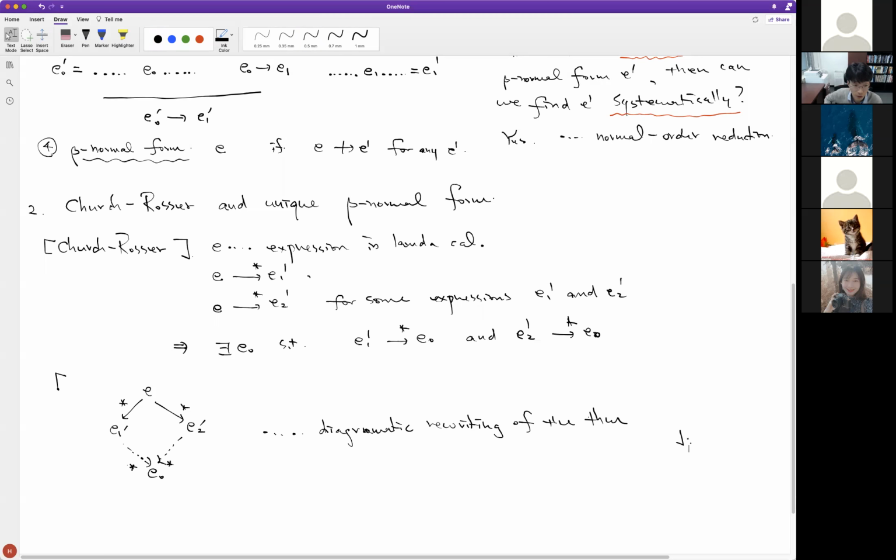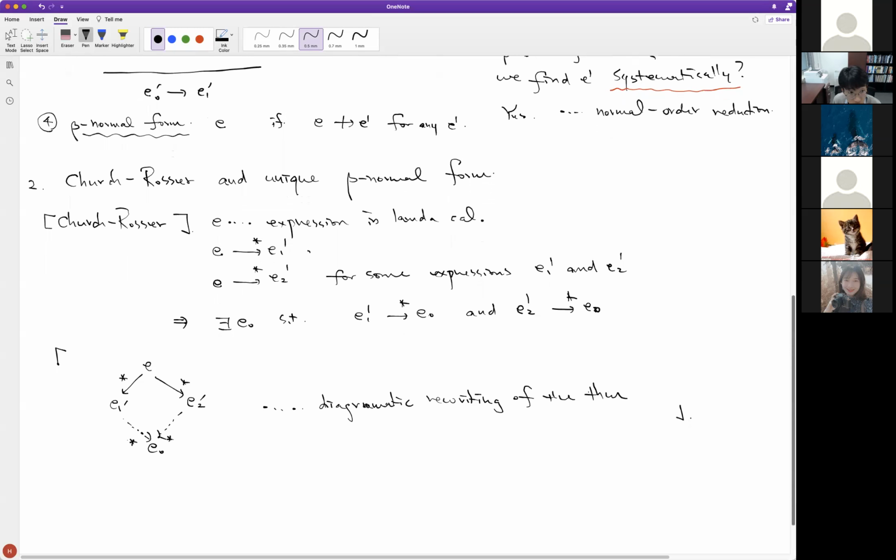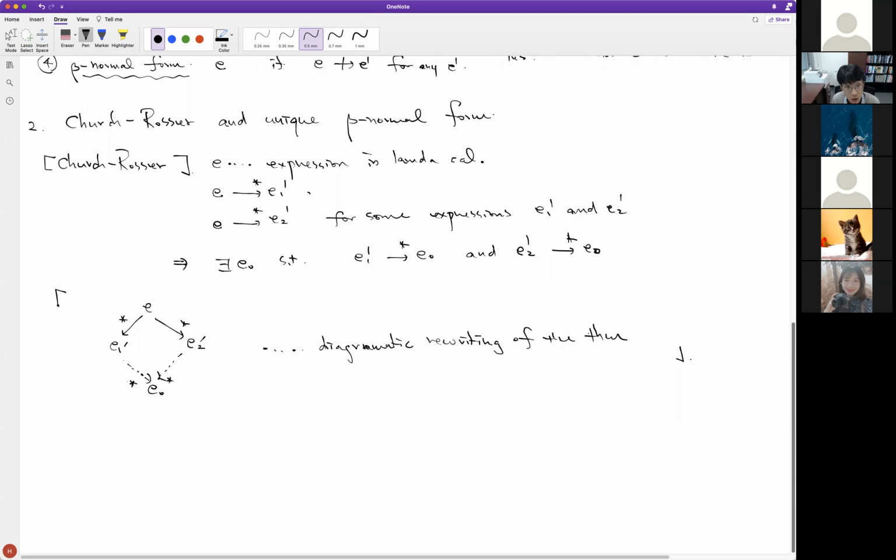We are not going to prove this. I think the proof may be non-trivial. But we are going to do the following: using the Church-Rosser theorem, we can prove the unique beta normal form statement. I think this is called Proposition 10.3 in the textbook. Proposition 10.3 says: if